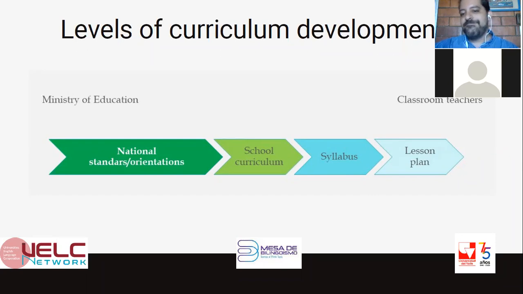The syllabus is more specific. The school curriculum is obviously for the whole school. The syllabus is going to concentrate on the different subject areas, what we call the plan de área. So there's a general syllabus for math, for English, for Spanish and literature, and these different subject areas. And then we have a more specific level of planning. Here in Colombia, apart from these general area syllabi, we have very specific syllabi for the different grades, for 7th grade, for 8th grade, for 9th grade,